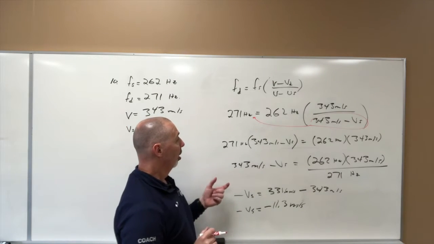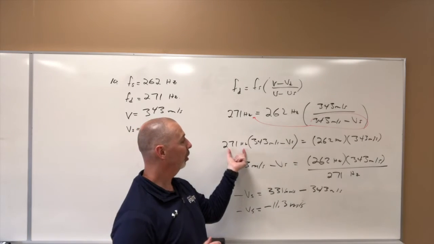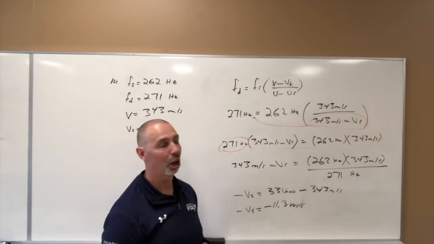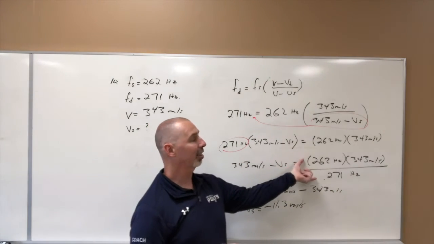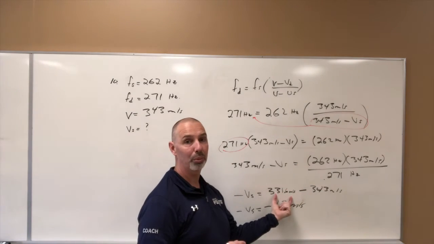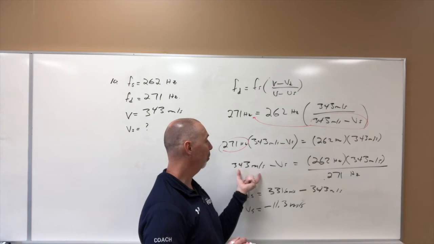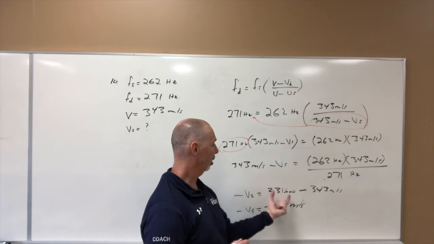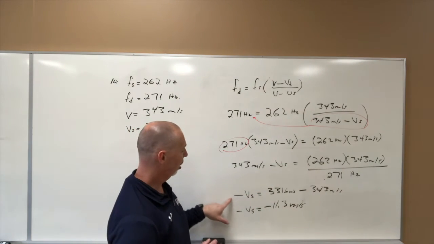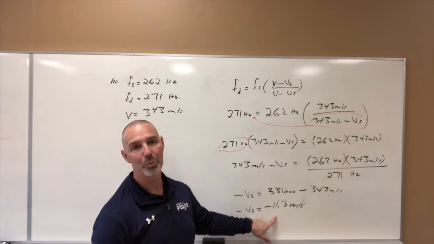All right. Then again, now I want to isolate this Vs by itself, so I divided both sides by 271. So this 271 ends up underneath, below, in the denominator. All right, now I calculated this, because this is just two multiplications and a division. That gave me this 331.6 meters per second. And then to solve for Vs, I subtracted this 343 from both sides. So that gave me the 331.6 minus the 343, leaving me with a negative Vs. Okay, so the negative Vs is negative 11.3.